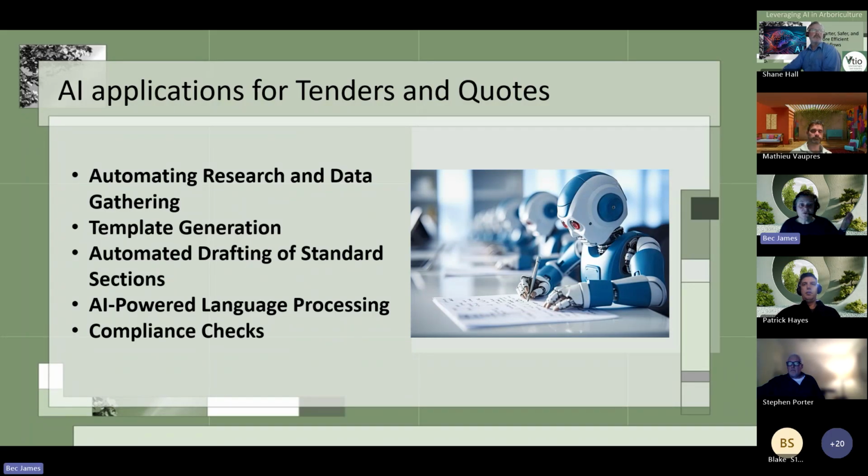Now we're going to move to the second application of AI, which is for tenders and quotes. We can use AI to automate research and data gathering for us, and this would be one of those cases where you could say something like, please show me your references. It can generate templates tailored to a specific tender.